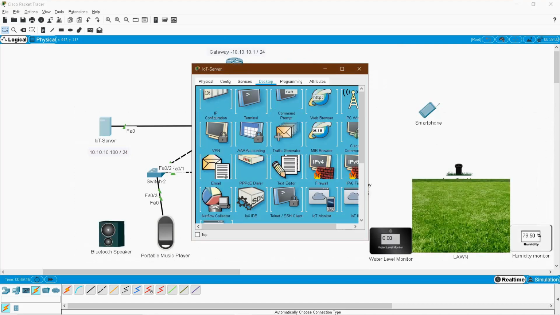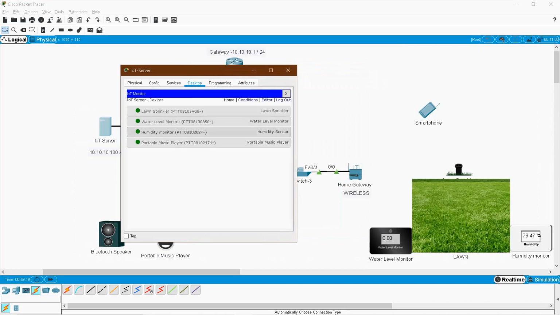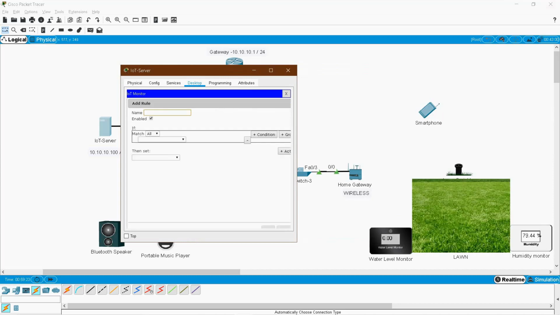So now here I am going to set some conditions. So go to IoT monitor, condition. So add, this is for lawn sprinkler on. When the lawn sprinkler has to be on, when humidity monitor, humidity is greater than, for example, 75%.